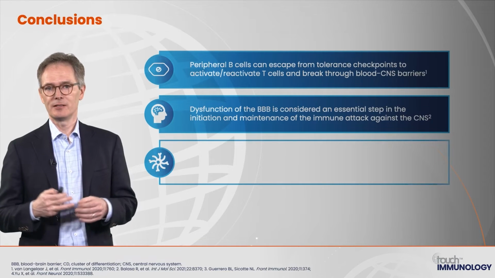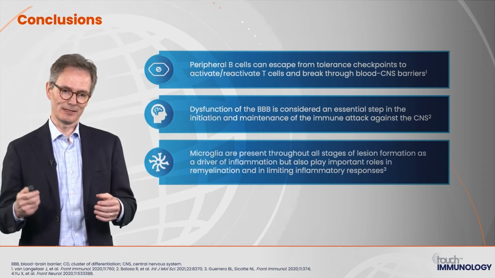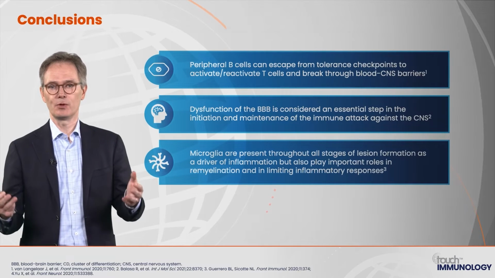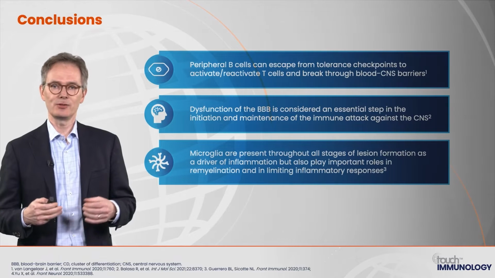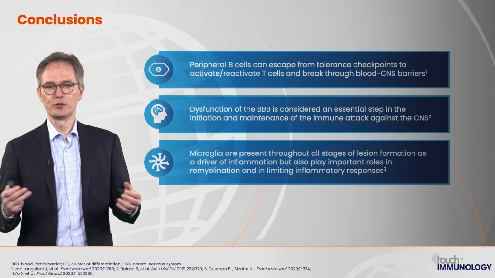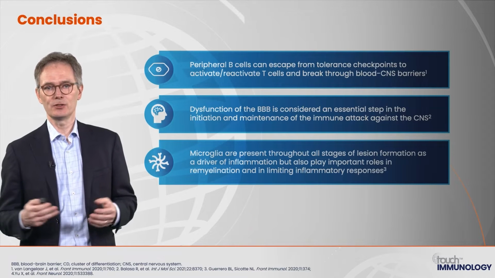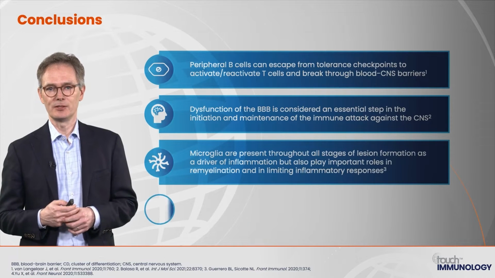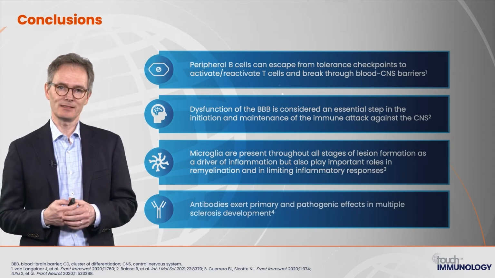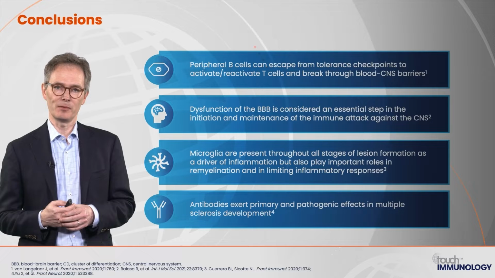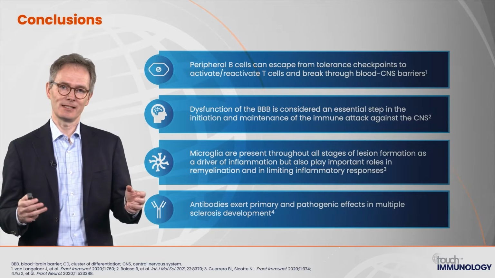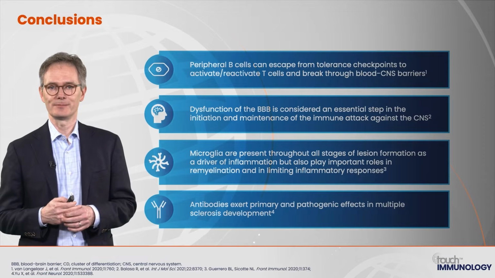And there together, CD8 T cells, CD4 T cells, and B cells produce cytokines, which leads to infiltration of even more immune cells into the brain and leads to activation of resident microglia. And the factors produced by these immune cells finally lead also to the destruction of myelin and neurons. And there, probably important antibodies recognize antigens and activate complement. But there's also probably direct damage by CD8 T cells against neurons and oligodendrocytes.